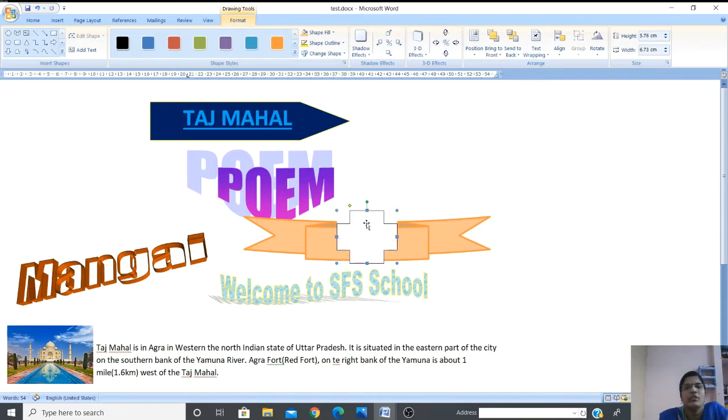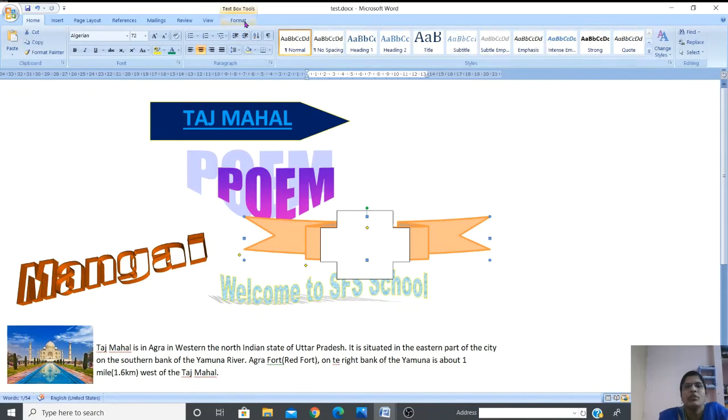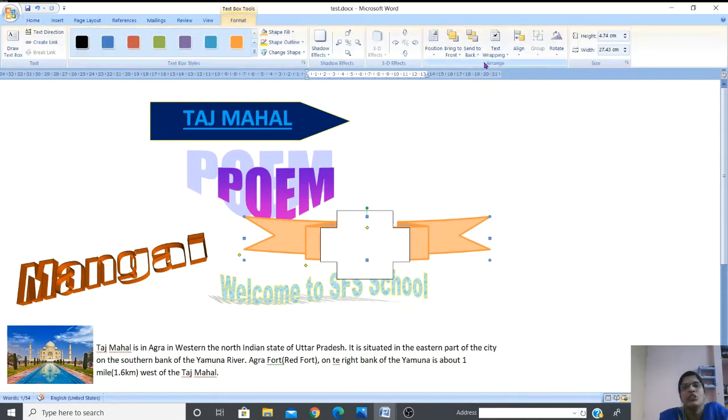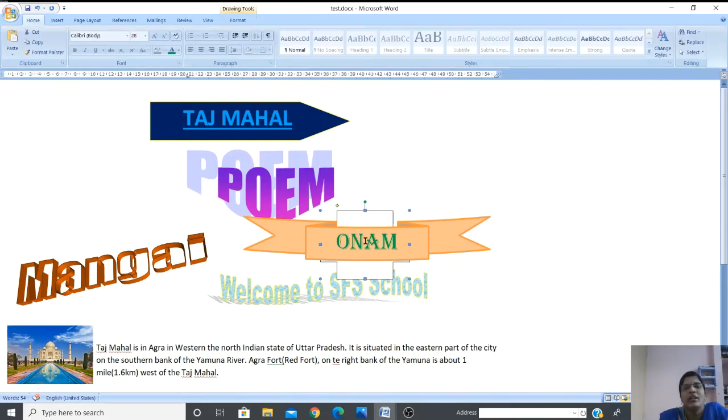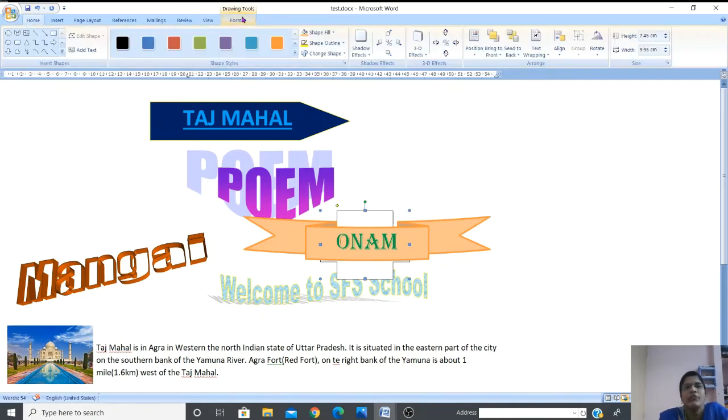If you want to increase the size, you can increase. Now do you see the Onam? It's not visible now, right? So shall we bring the first shape to the front? Click on the first shape. Go to the Format tab and then the Arrange group. Using the Arrange group, choose bring to front. We have taken bring to front. Now click on this one. If you want that to be in front, select it, then bring to front.